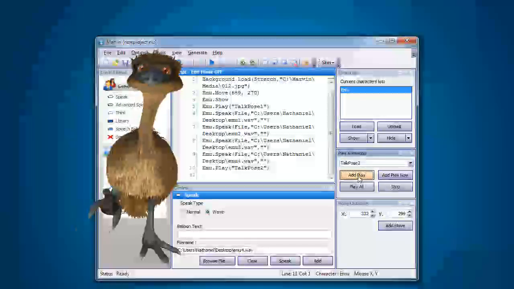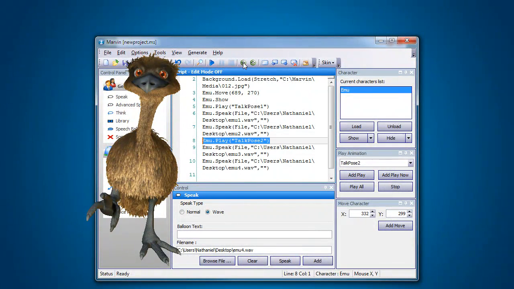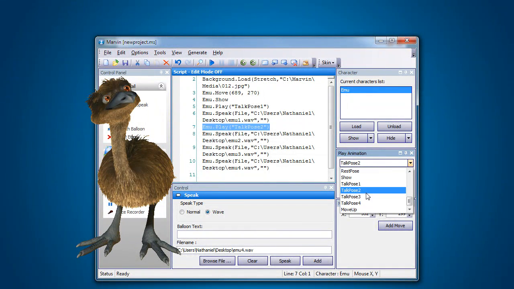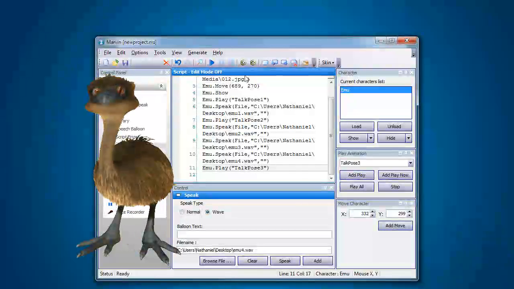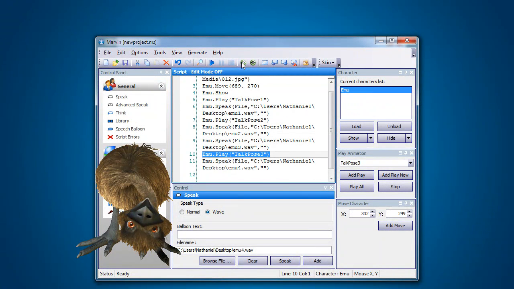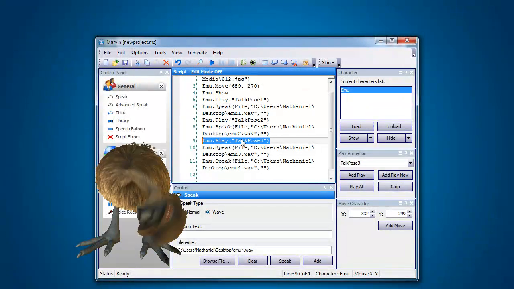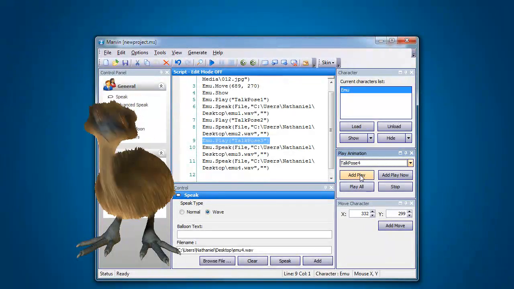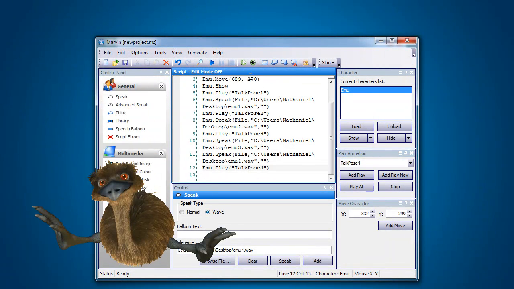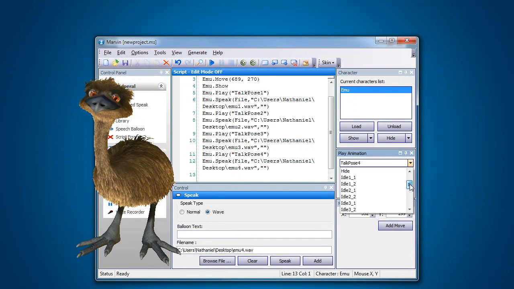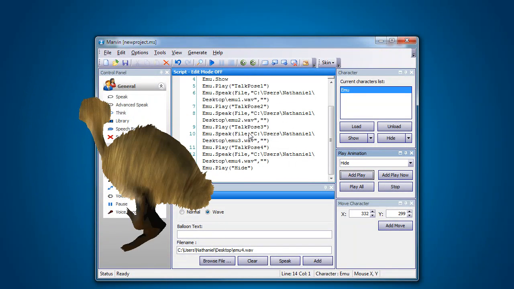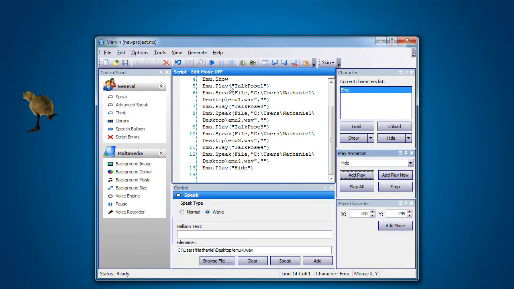So add another play, so talk pose 2, okay, and push that up so that it's underneath the first wave file but before the second, and talk pose 3, and push that up also so that it's in this position here, so below emu2 but above emu3, and fourth one, add play, and let's push that up there. And just to wrap it all up, I'll use the hide animation right at the end there. So that's just to wrap it all up. Okay, fantastic. So now if we press play,